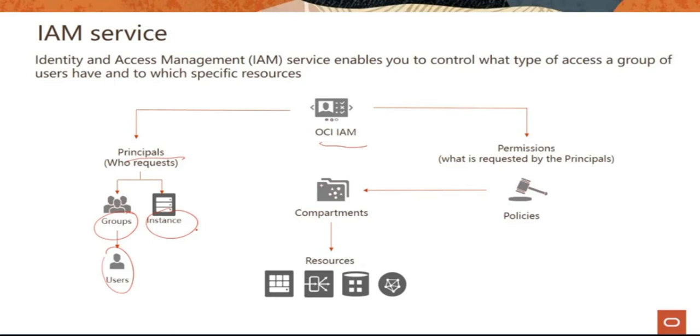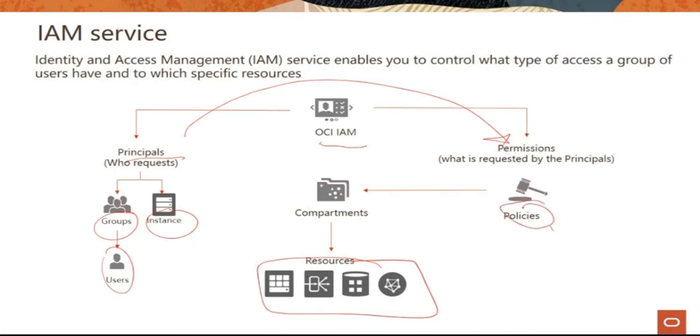They access a set of resources, and for these principals, they need a specific kind of permissions. Basically, you can think about what the permissions requested by principals are. We represent them in OCI using this construct called policies,